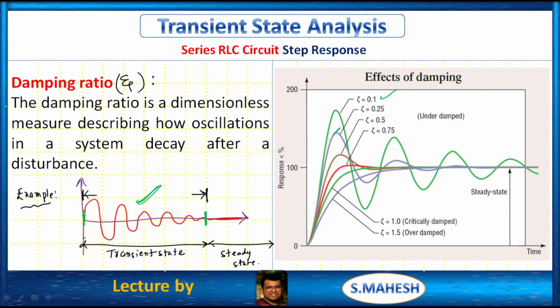If zeta is increased from 0 to 1, we don't have any oscillations in the system. See, if it is 1, this is the response: from here to here only transient, from here to here constant. If it is greater than 1, that is 1.5, this is the response, right? Now we will discuss for different values of zeta how we will get the response and what the nature of the poles is for that quadratic equation.